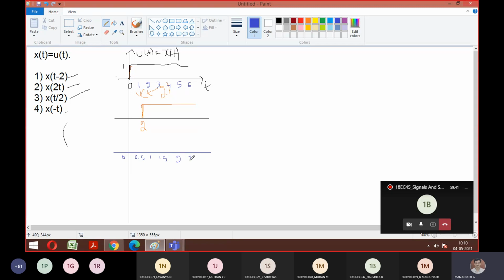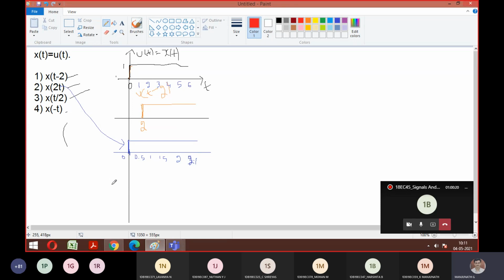Is it understood by everyone? So 2.5 then followed by 3. For this, the signal looks like this only. Anyhow, it's the same, there is no variation with respect to my signal. While tracing, I told you to trace from 0. That's why I'm highlighting this part. This is there, this is there. Then you can write a straight line like this. So is it your 2t concept, x of 2t or u of 2t? Is it okay, guys? Proceed with next.